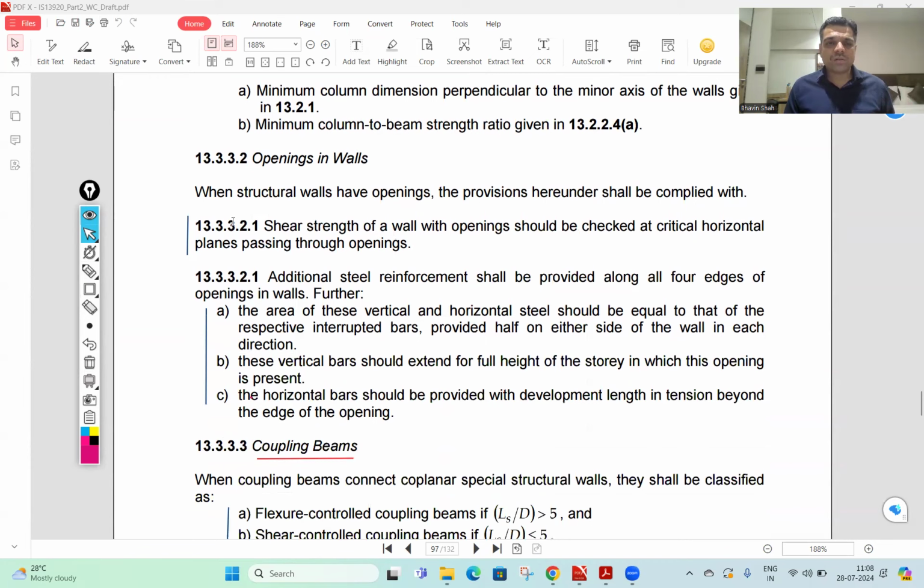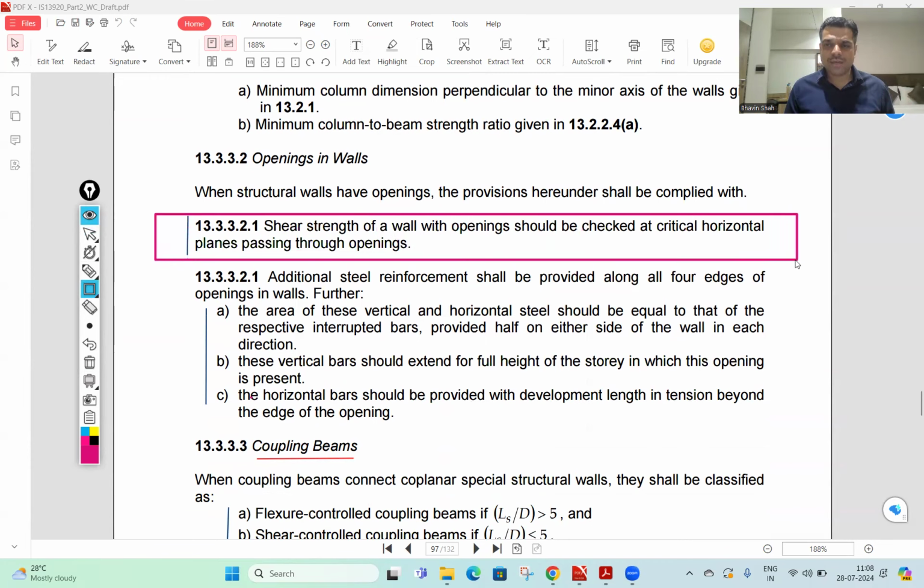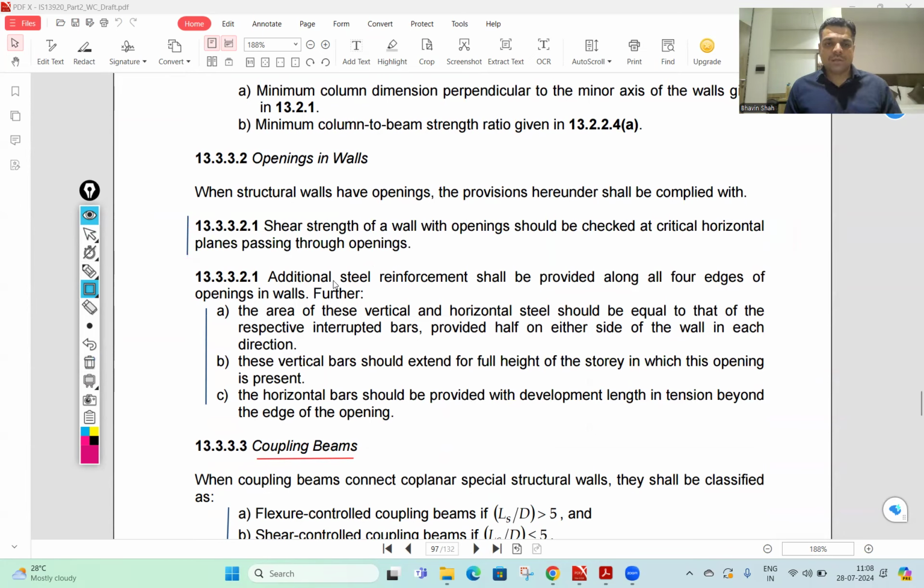For openings in walls, it is said that the shear strength of a wall with opening should be checked at critical horizontal planes passing through the openings, right? It also says that additional steel reinforcement shall be provided, of course, along the four edges of openings in the walls. Further, the area of this vertical and horizontal steel should be equal to that of the respective interrupted bars,